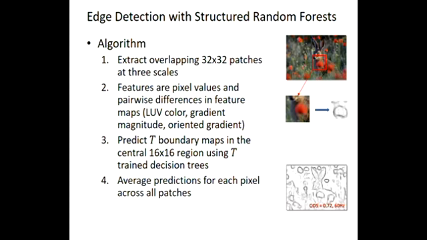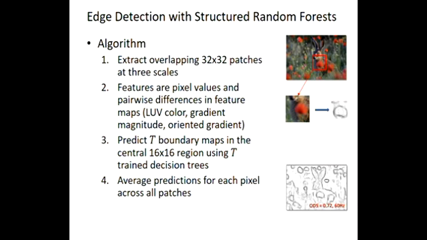In particular, the algorithm works by extracting overlapping 32 by 32 patches at 3 scales. And the features are just the pixel values and pairwise differences in feature maps, where it's using LUV. It's a color space. You can think of it like YCrCb. So you've got a luminance channel and 2 chrominance channels. And you look at the color, the gradient magnitude, and the oriented gradient. The features are just the individual values and then differences of feature values within that 32